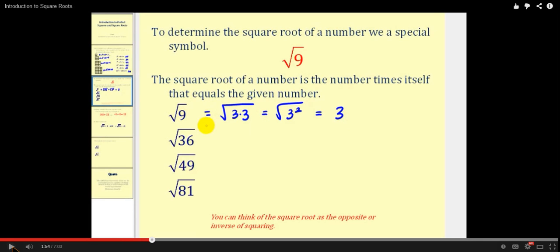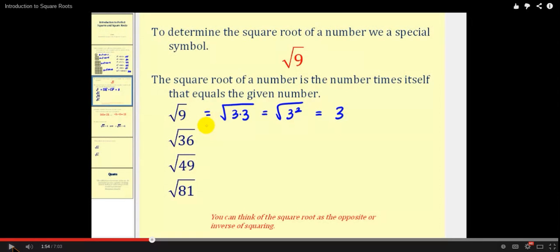I would like you to copy down the definition of a square root. The square root of a number is the number times itself that equals the given number. Make sure too that you work the rest of these examples while the video is paused, and then unpause it to check your answers. Again, pause the video, write down the definition of a square root, and try these other three examples: square root of 36, square root of 49, and square root of 81, before unpausing the video to